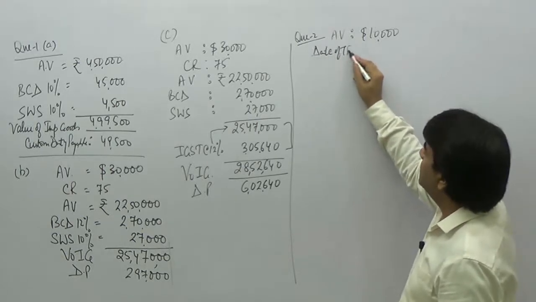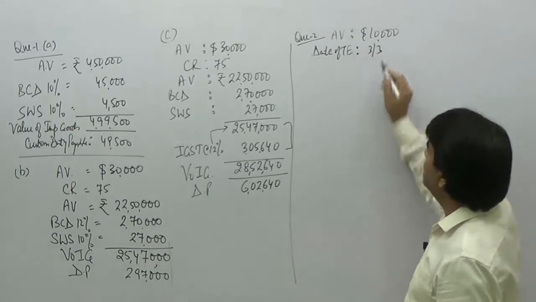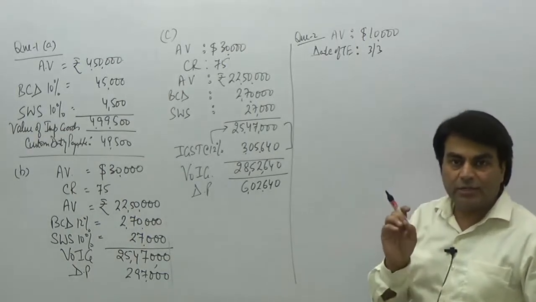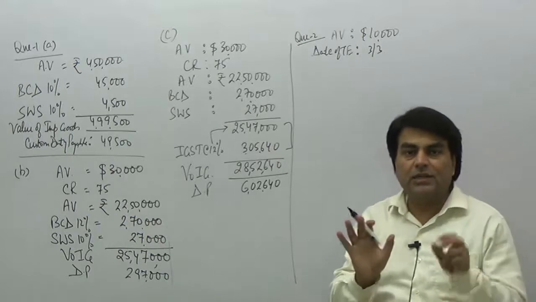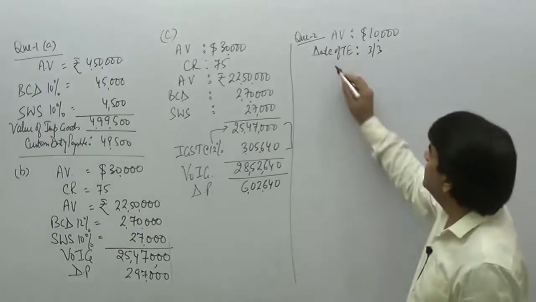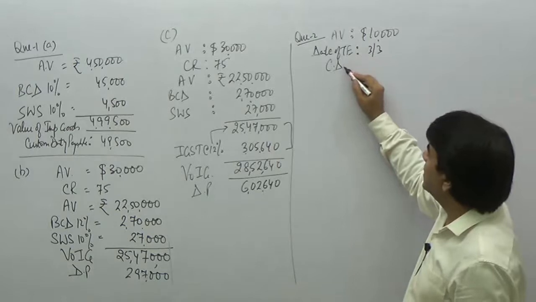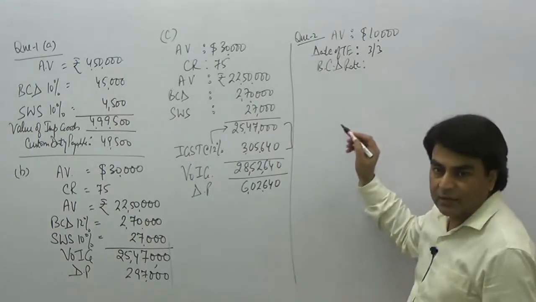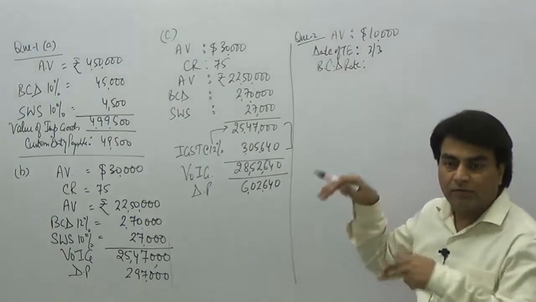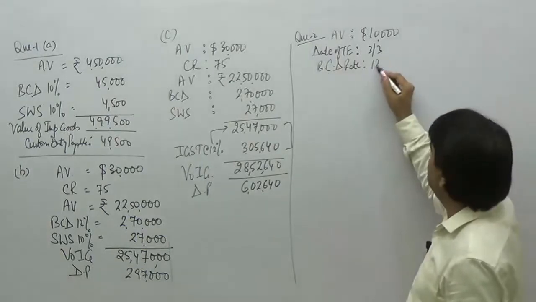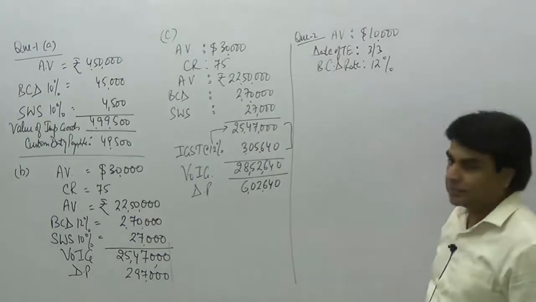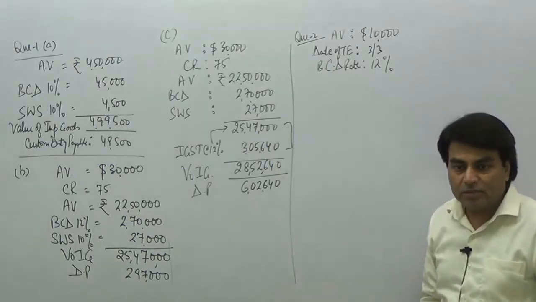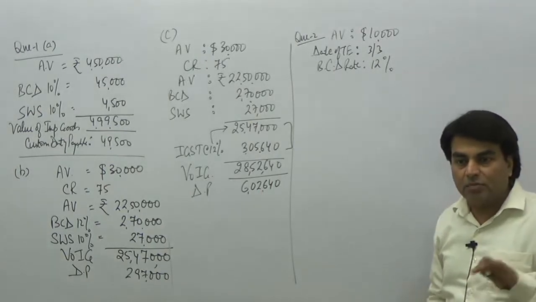Date of taxable event is 3rd of March. When it is 3rd of March, that means the custom duty rate on 3rd of March is the relevant rate for us. So that means we are going to take the custom duty rate, or let us call it BCD rate, which is there on 3rd of March, and that is 12%. Okay, on 3rd of March, the custom duty rate given is 12%. So the relevant rate for us is 12%.